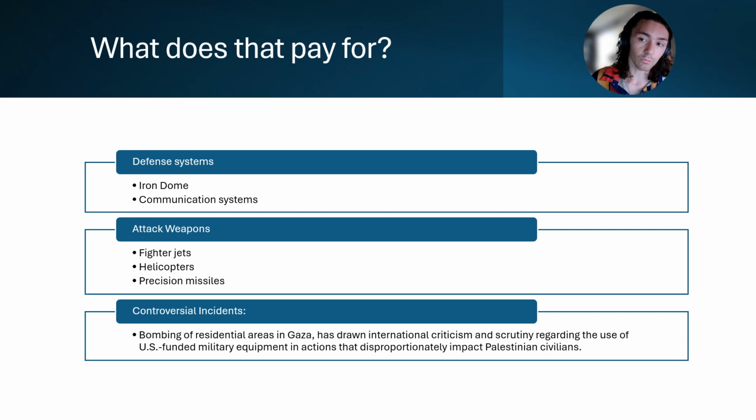Basically, our government will pay for the development of those weapons and then give more money in grant form to the Israeli government, and then the Israeli government will take our tax dollars from that grant and turn around and buy weapons from the private defense contractors in the United States, which we'll get into here in a second.